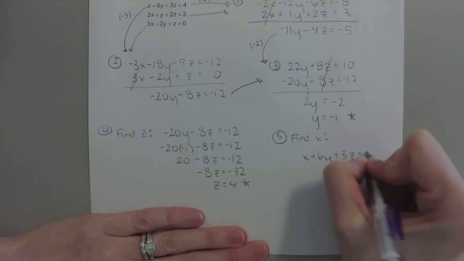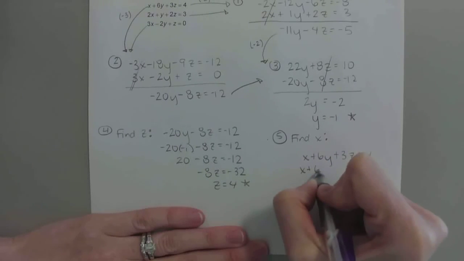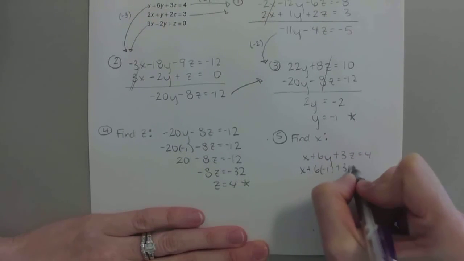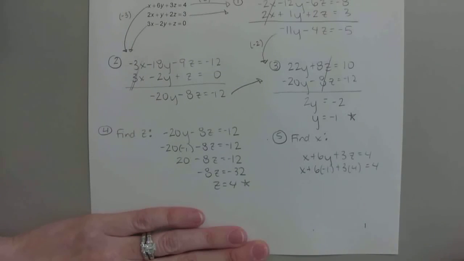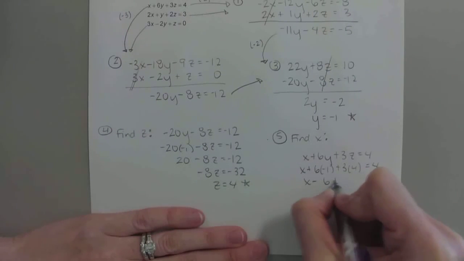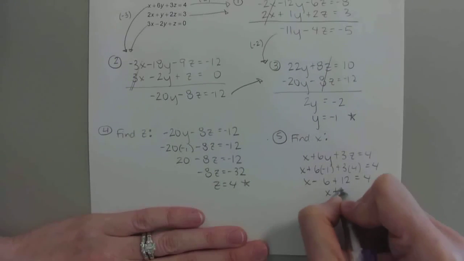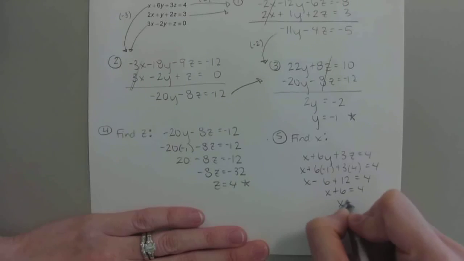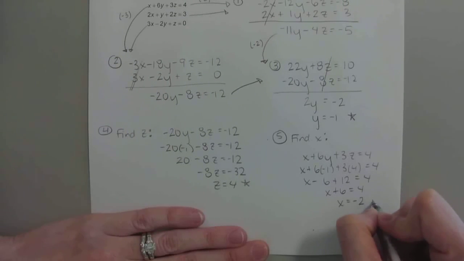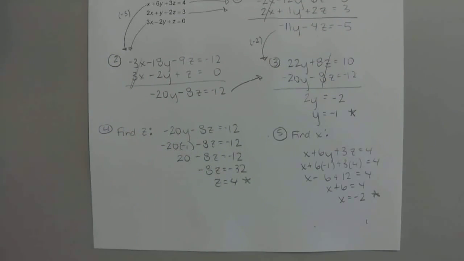We're going to find x now by taking the first one, x plus 6y plus 3z equals 4. We don't know x, but we know y is a -1, and we know z is a positive 4. Okay? So x minus 6 plus 12 equals 4. Is that okay? -6 and positive 12 are on the same side, so just do the math. That will be a plus 6. Subtract it over, and x is